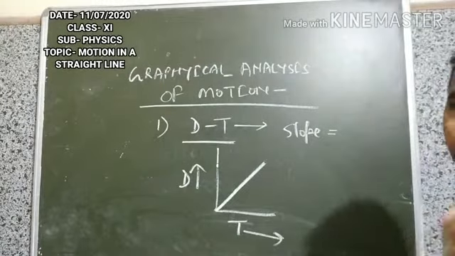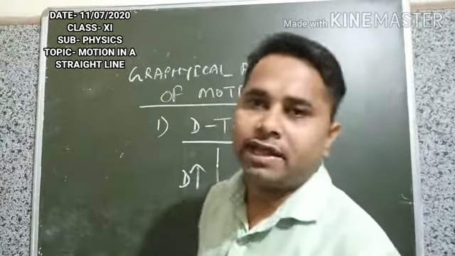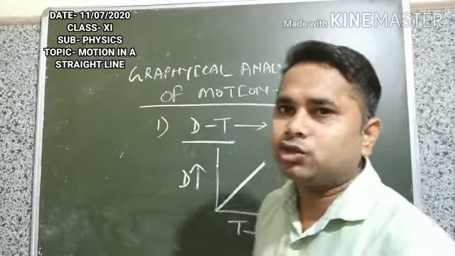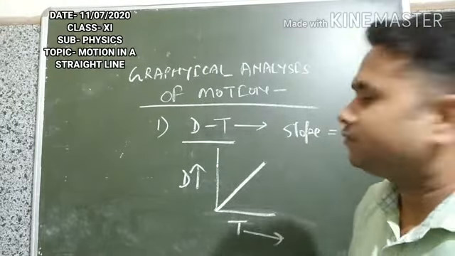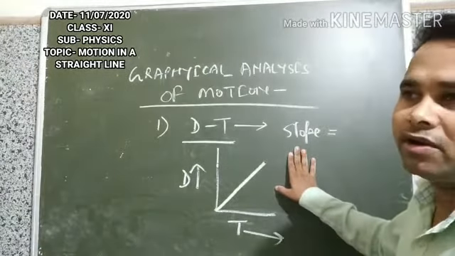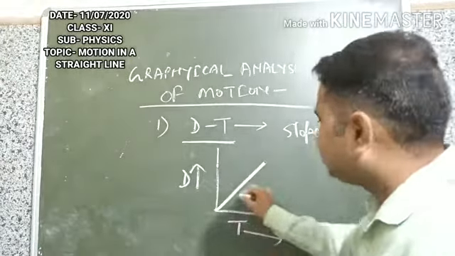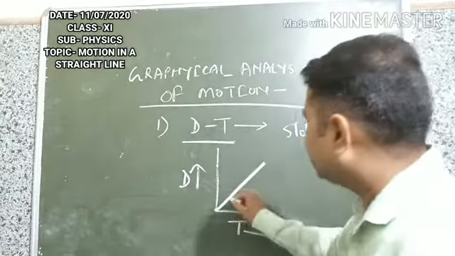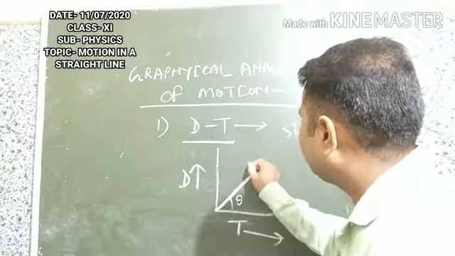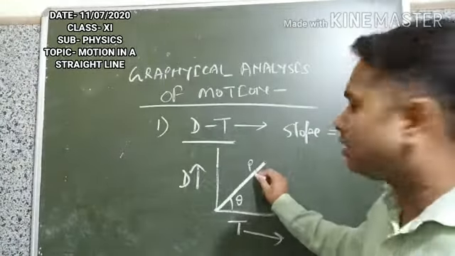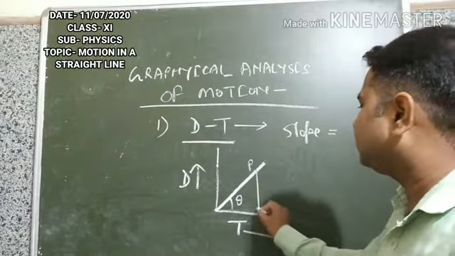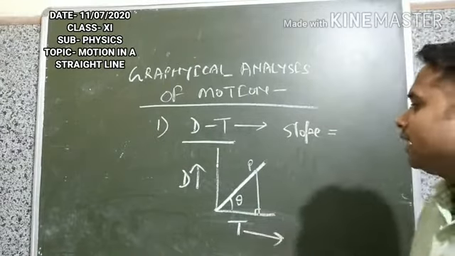And slope, what is slope? Let's define here. What is the slope of the line? Slope of the line means the tangent of the angle of inclination of the line on the time axis or x-axis. See here, in class 10th you have learned about trigonometry, and tangent was there. Tangent is one of the 6 trigonometrical ratios. If this is theta, suppose there is a point P here. When we draw a perpendicular line from this P to the x-axis, so in this triangle tan theta equals